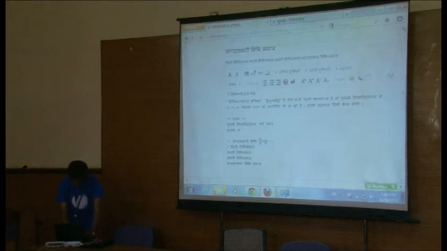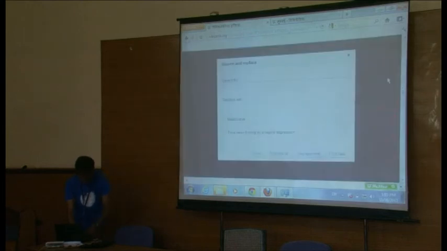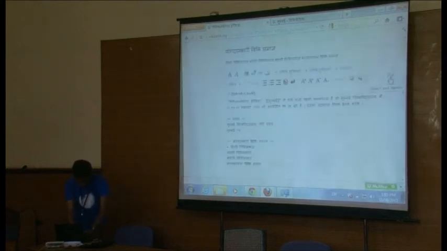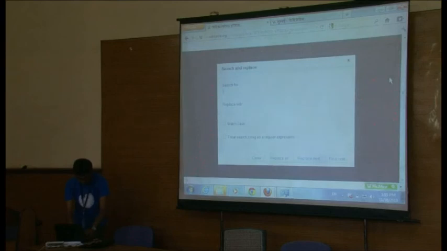Alright, so I select this Samaj. If there's a mistake which is recurrently happening in the whole article, you can click on search and replace.